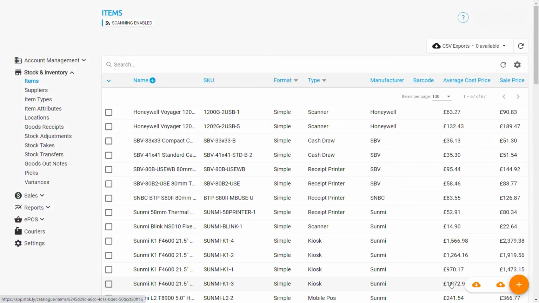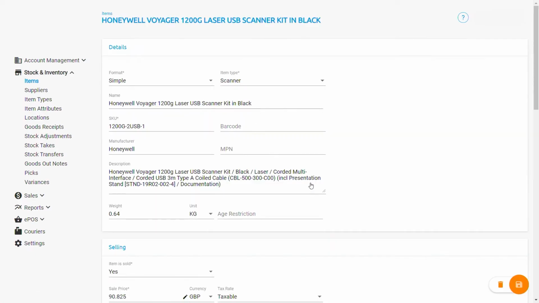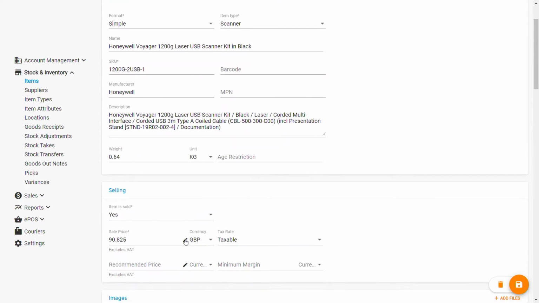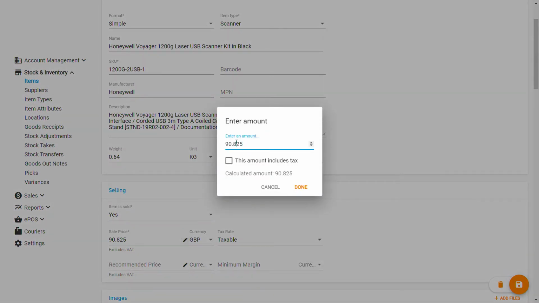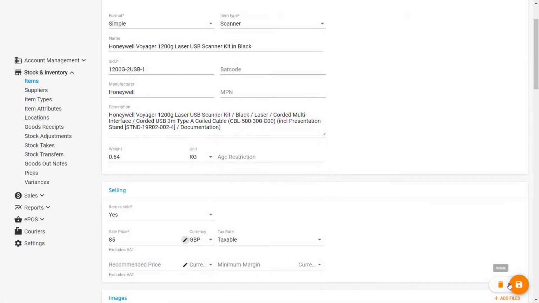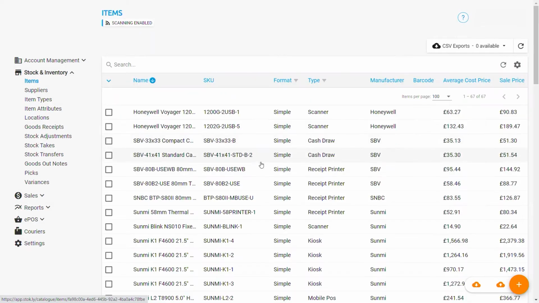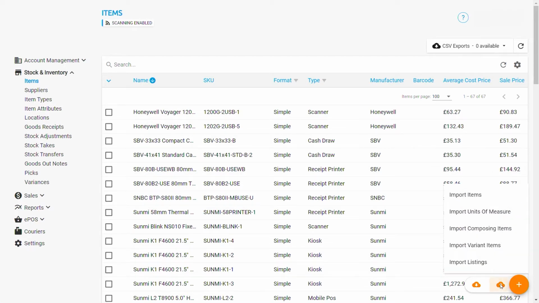You have complete accessibility to import and export all your product data whenever you need it. Our software makes it very easy to jump in and edit one product, perhaps change a sales price, save, or edit products in bulk via the CSV importer, change prices, descriptions, images, whatever you need, and then simply import that back in